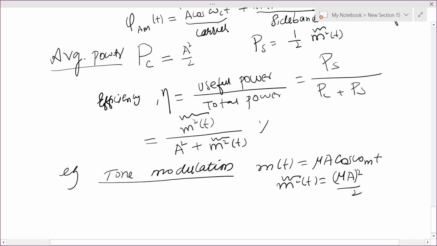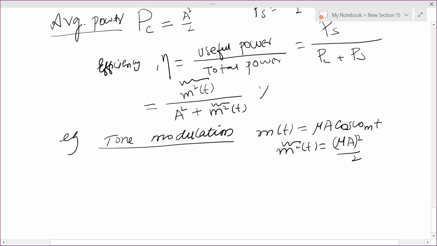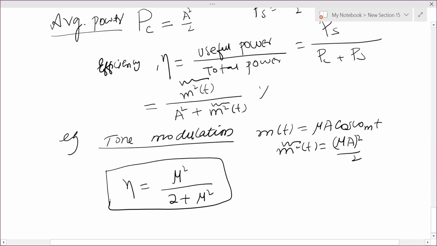Okay, you just have to square it and integrate it. So the efficiency will be mu square divided by 2 plus mu square. This will be the efficiency in case of